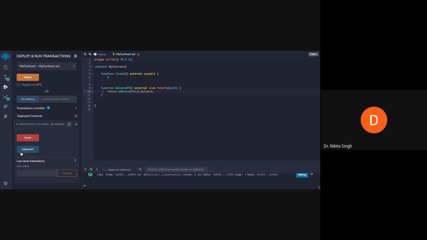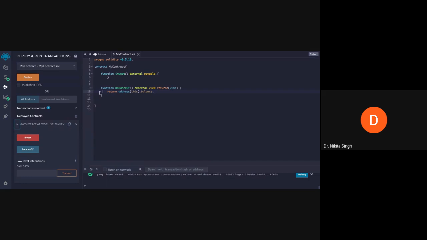So this is what we mean when we say that we have an interactive UI which allows us to interact with our smart contract. Now this is a very simple UI which allows you to invest some ether and obtain a balance when you have sent some ether, and then you can get the balance. So this was a very basic smart contract which we deployed to invest and then obtain the balance after we have invested or sent some amount.